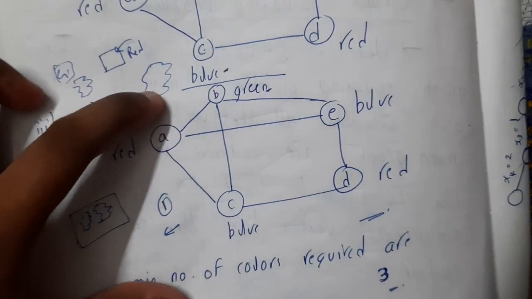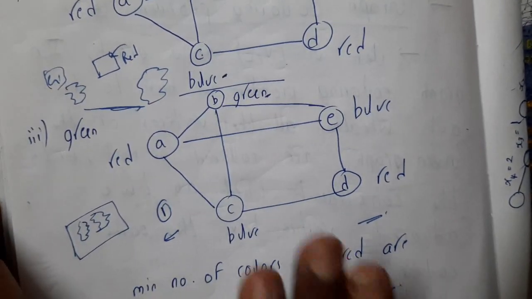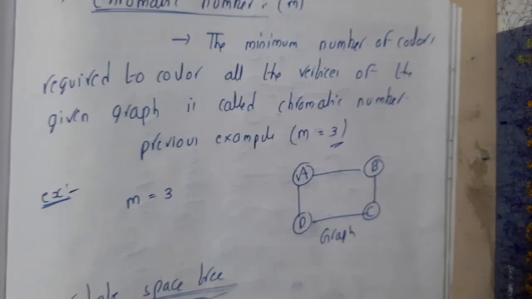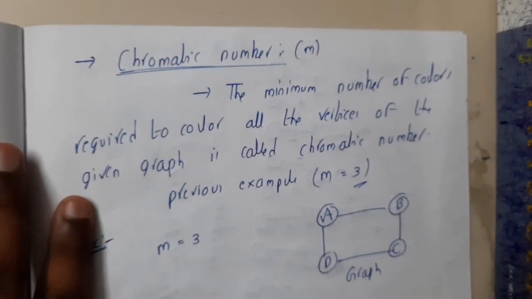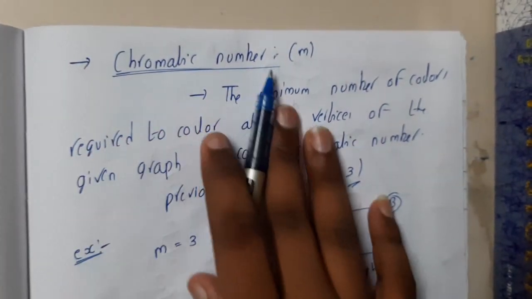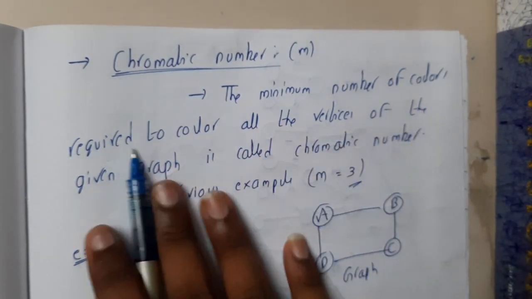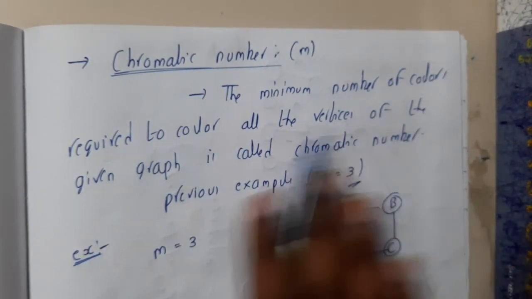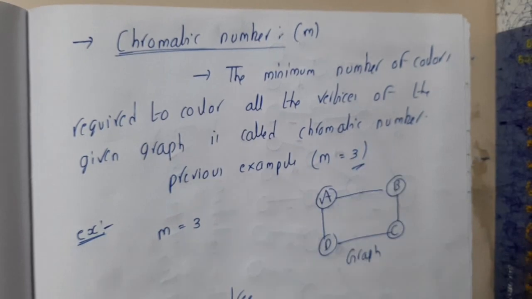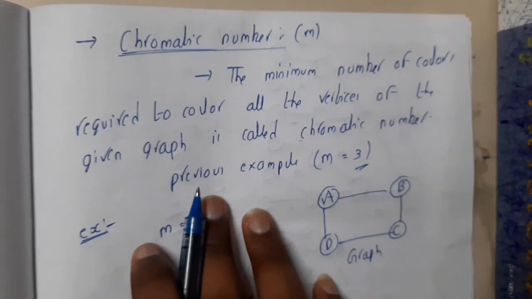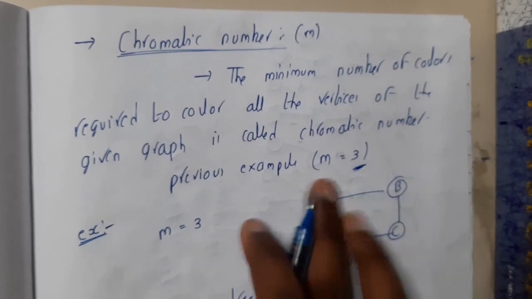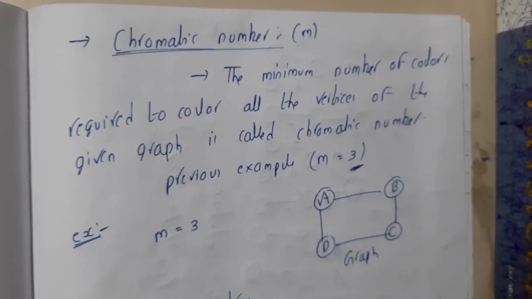This graph coloring problem came into play and they thought that this method could be the best way to color it. Okay, so now your question will be, that is the minimum number, is there any name for it? So the name for it is nothing but chromatic number. So the minimum number of colors required to color all the vertices of the given graph is called as chromatic number. It's 100% simple, there is no confusion. For the previous example, the number of colors required is equal to 3.